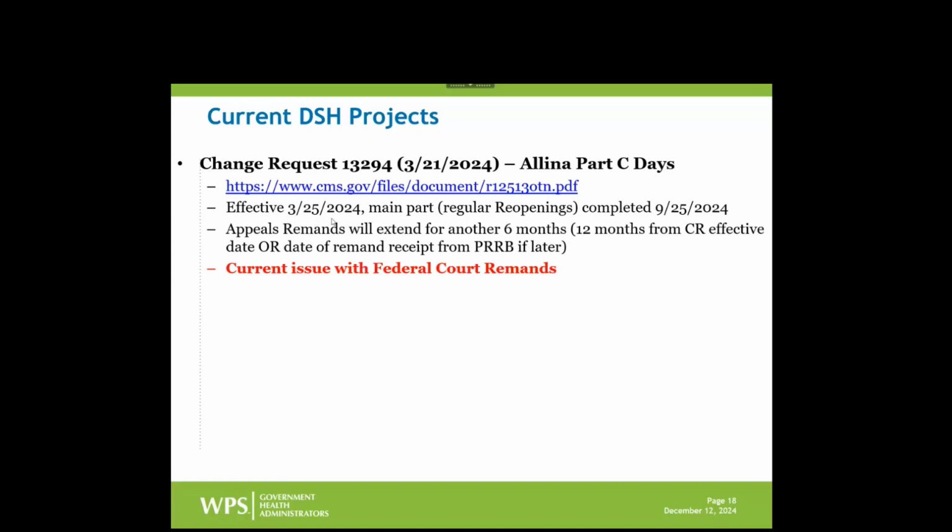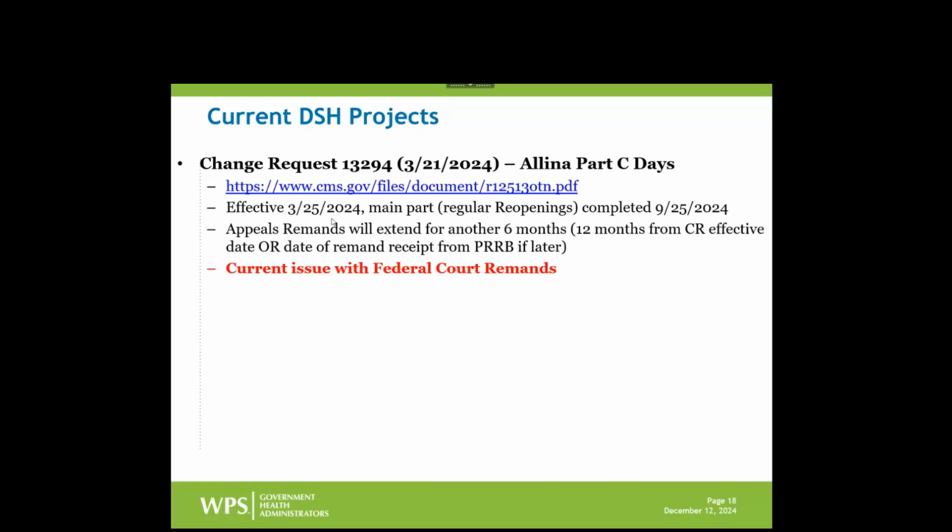The first part was for us to take all the reopenings, the notices of reopening that were issued years and years ago that were awaiting this Supreme Court case decision, which went through a couple different rounds there. And since the Supreme Court basically remanded that back to CMS to issue a Federal Register, issue a properly effectuated rule, the end result was that what CMS had been doing, kind of informally, if you will, was now what they were going to be doing formally.